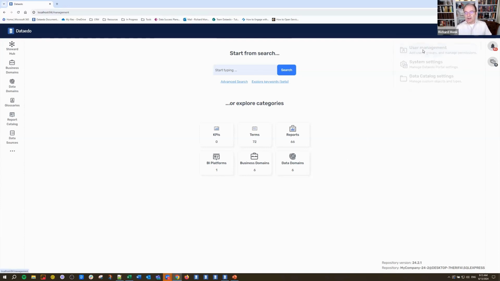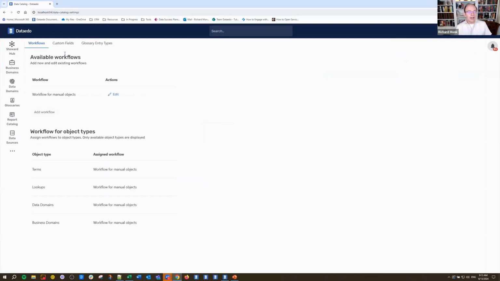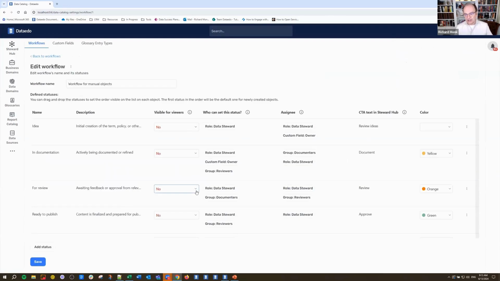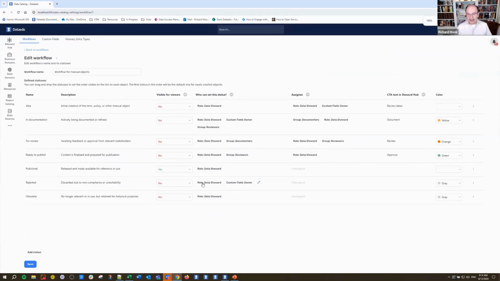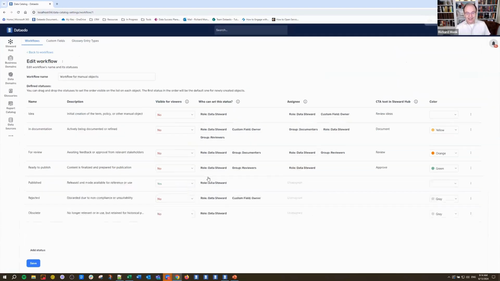Because if you have objects that up until this point have been visible, regardless of their workflow status assignment, and now some of your community users, for example, come in and say, hey, what happened to all of these glossary terms that I used to be able to see and I can no longer see after the upgrade? It's probably because they are in a different status. Only those that are in the published status are, by default, visible.